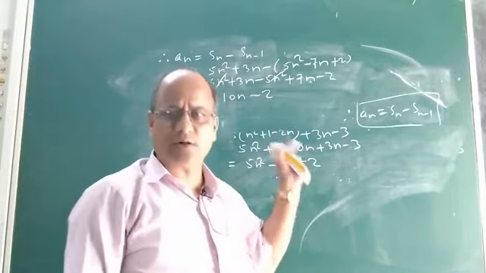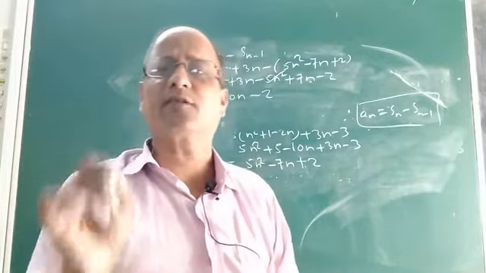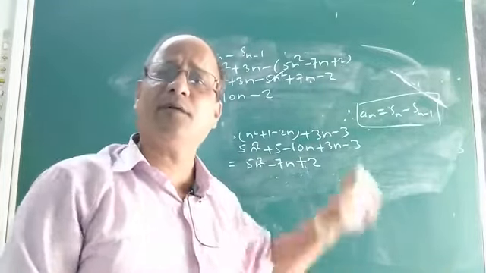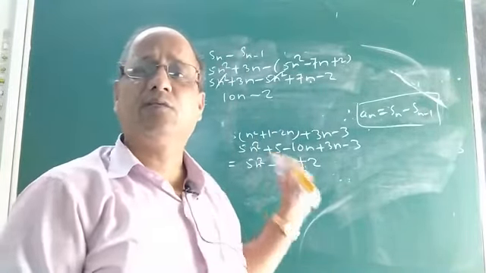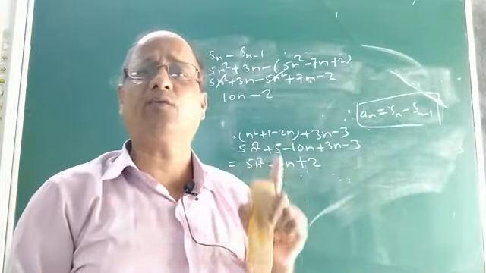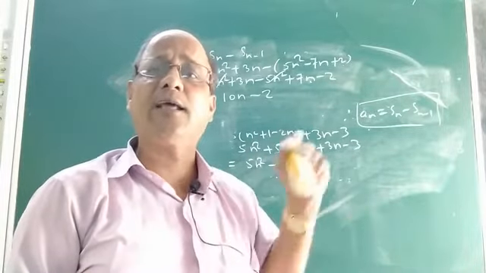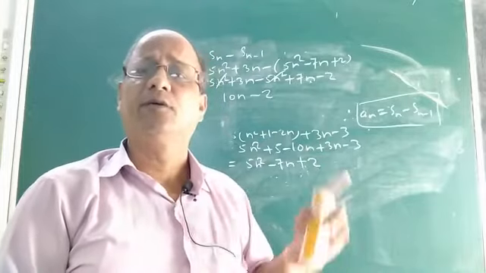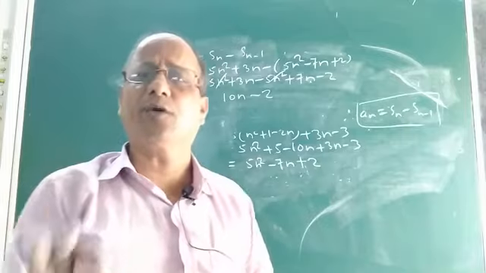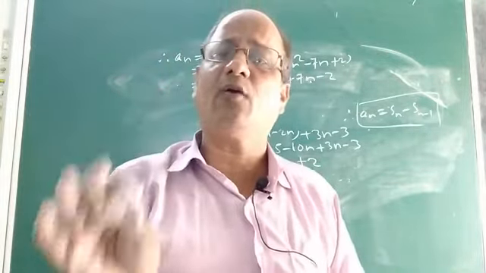Students, what did we notice in this problem? In this particular problem we saw that we were given the sum of first n terms, and from the sum of first n terms of the AP, we could find the nth term or the general term. So it is another formula, An equal to Sn minus Sn minus 1, other than A plus n minus 1 into D, to find the nth term or the general term of the AP. Children, I hope you understood the relation between Sn and An and how to apply it to problems.